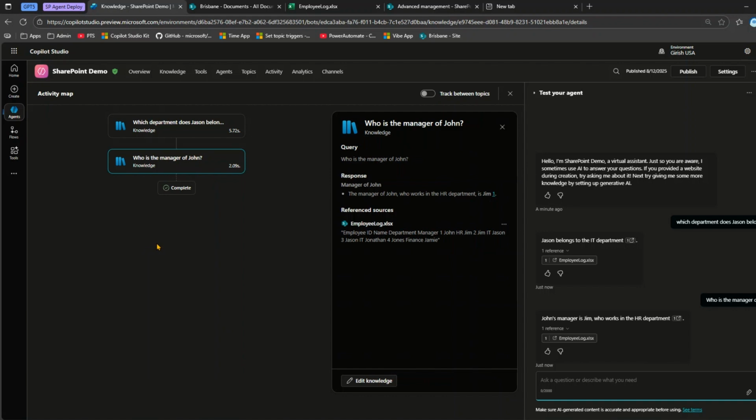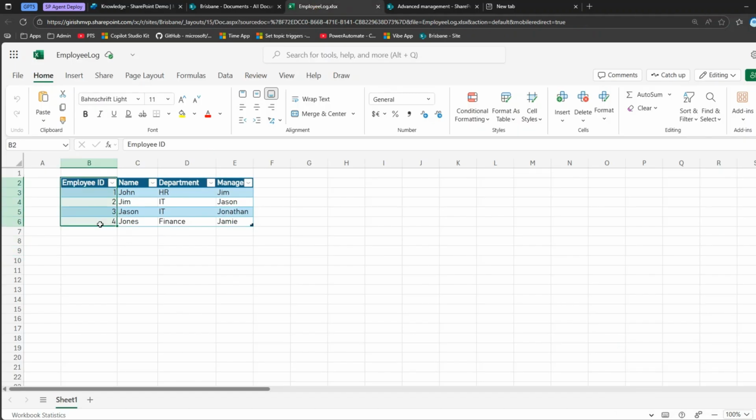Say, for example, if you have a workflow approval process for leave. So you have this database. Now this database is an Excel document living in SharePoint. It can be a Dataverse table, it can be any system database. We have just taken an example of an Excel document which is getting stored in SharePoint. Say you have a leave approval process and you want to extract the information of the person who is logged in, say I'm Girish, so I'll put my name over here. It will identify the person, the department, the manager,